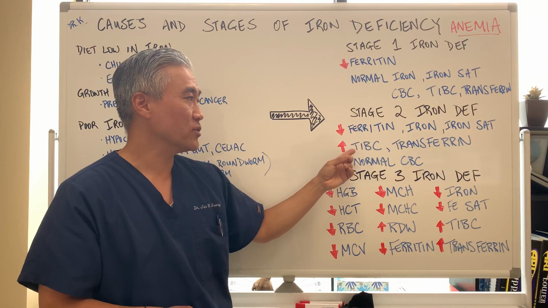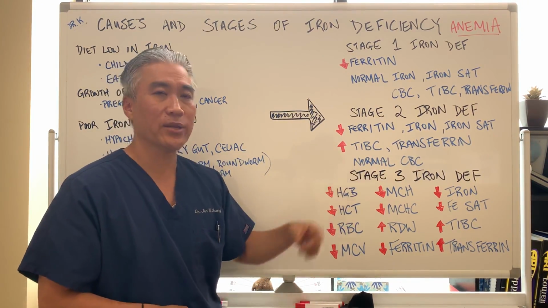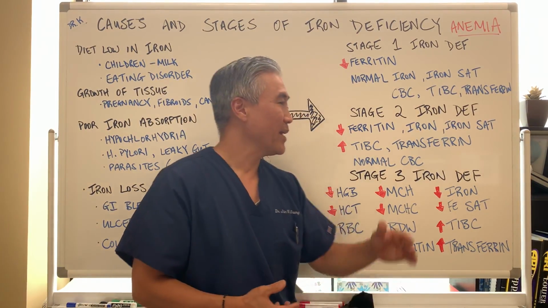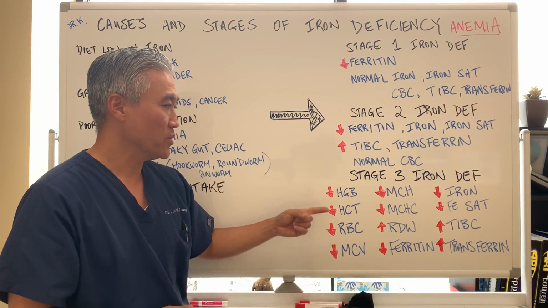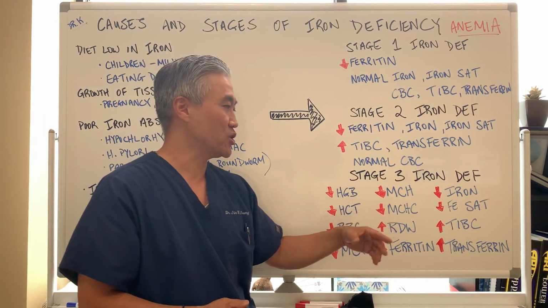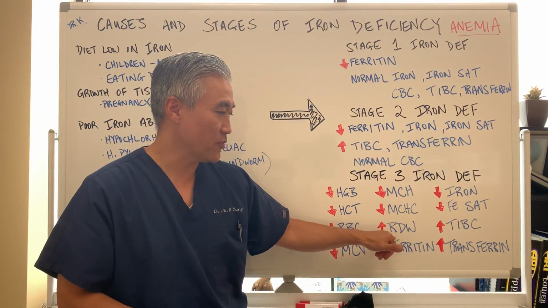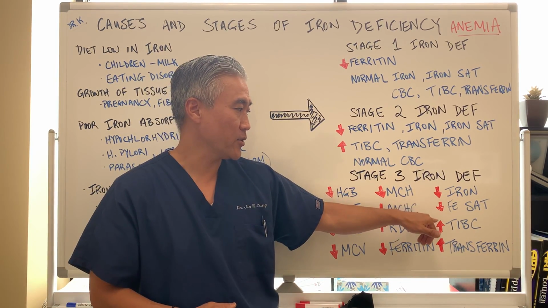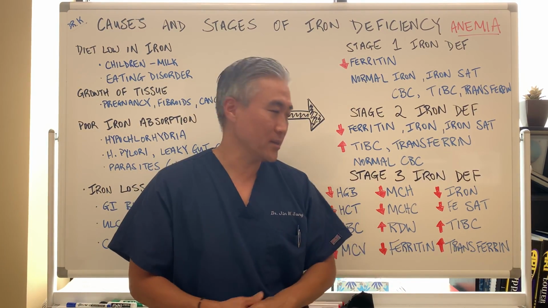And then you're going to have an increase in total iron binding capacity, transferrin, but you might still see a normal CBC, things like red blood cell, hemoglobin, hematocrit, etc. As we get more advanced in stage 3, as we discussed in the prior video, you're going to have low hemoglobin, hematocrit, red blood cell, MCV, MCHC, MCH, and then you might see an increase in red cell distribution width with a decrease in ferritin, decrease in iron saturation, increase in total iron binding capacity,